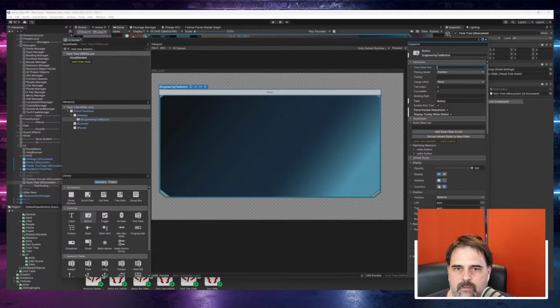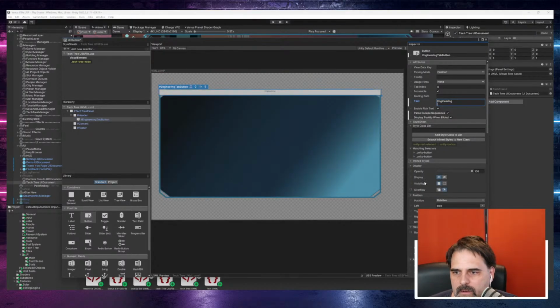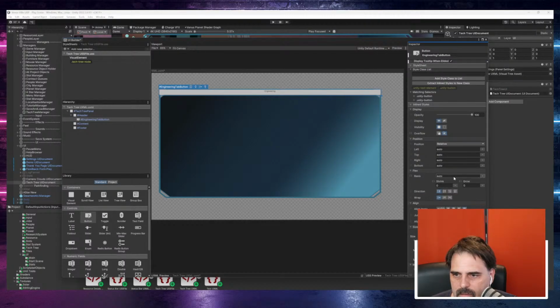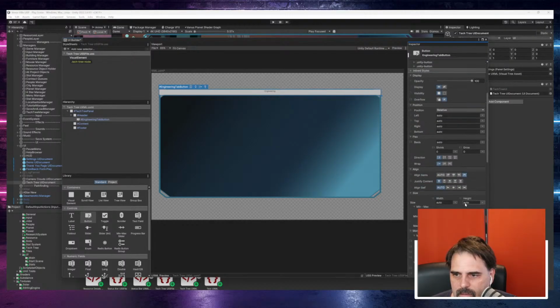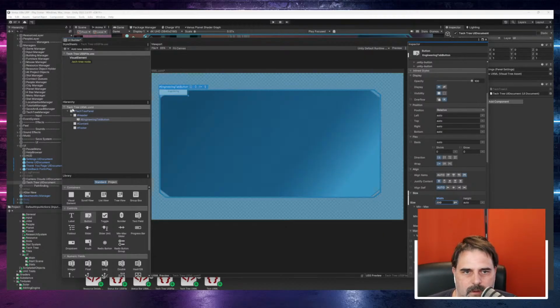That's the engineering tab button, okay. And it says engineering. Okay, and then let's limit the width to 200 pixels. And also